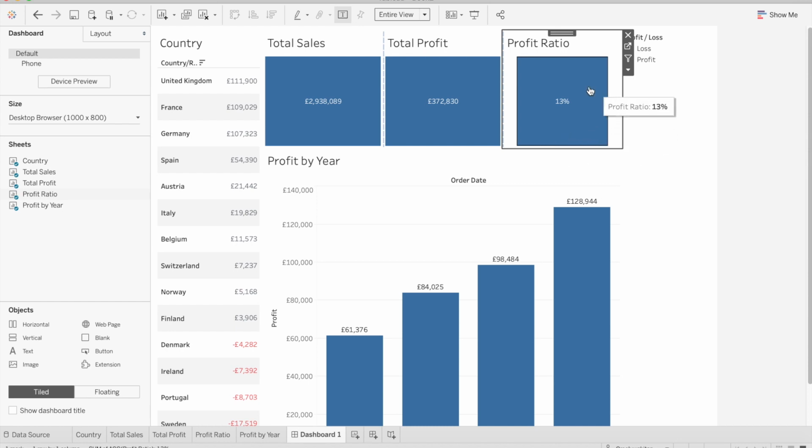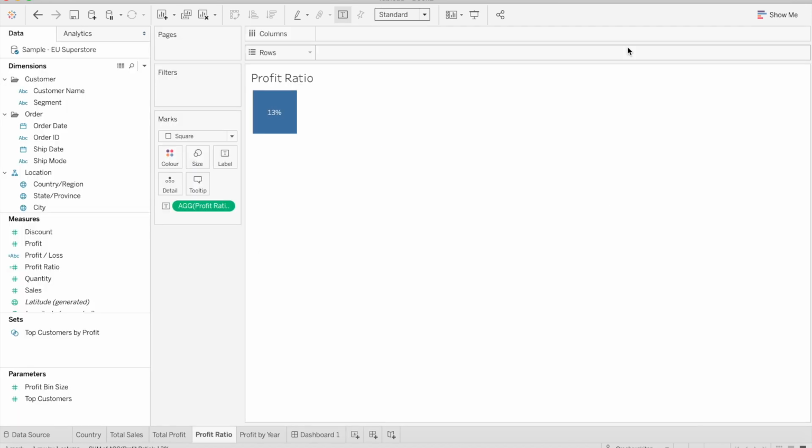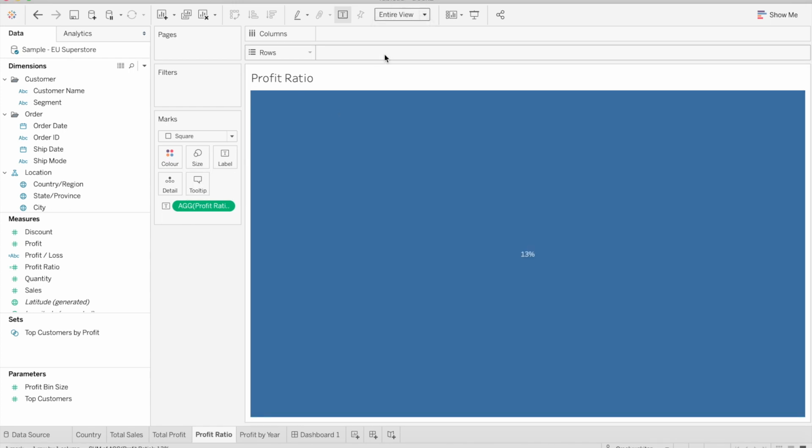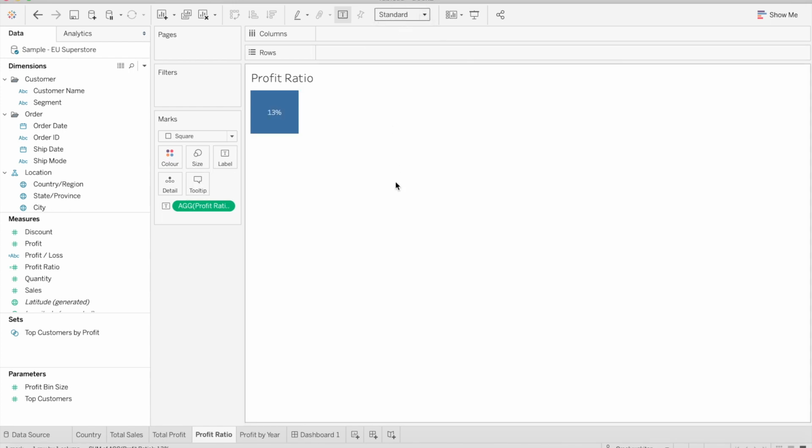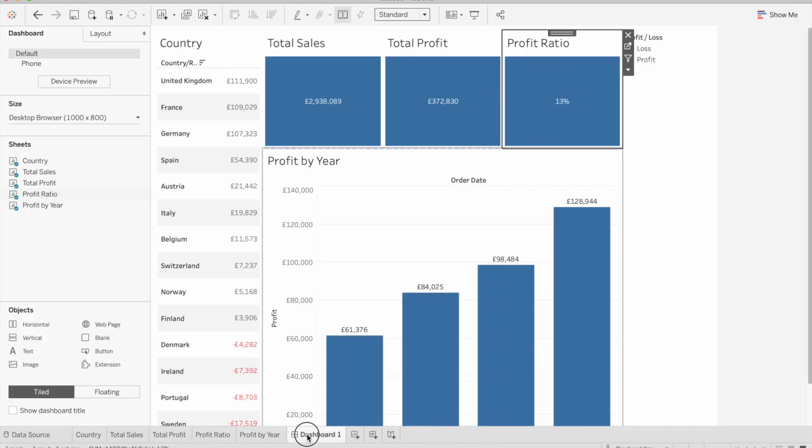Okay, nice. Interesting. This one seems to fill the whole space, but this one doesn't. So what I'm going to do is go back into the sheet. In order to go back into the sheet, I'm going to click on that. I'm going to extend the size to make it as big as possible. Now, it looks like not much has changed, but actually something has changed. If I make this entire view here to see, you can see it fills the whole thing. So I've just undone that, but then I'm going to go back into the dashboard and voila, it's filled the